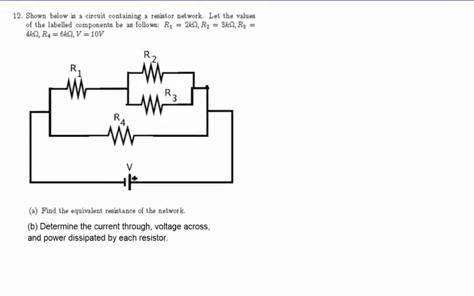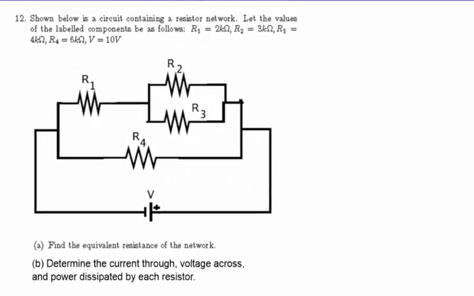Shown below is a circuit containing a resistor network. Let the values of the labeled components be as follows. R1 is 2 kiloohms, R2 is 3 kiloohms, R3 is 4 kiloohms, R4 is 6 kiloohms, and the voltage is 10 volts. We are to find the equivalent resistance of the network and determine the current, voltage, and power dissipated by